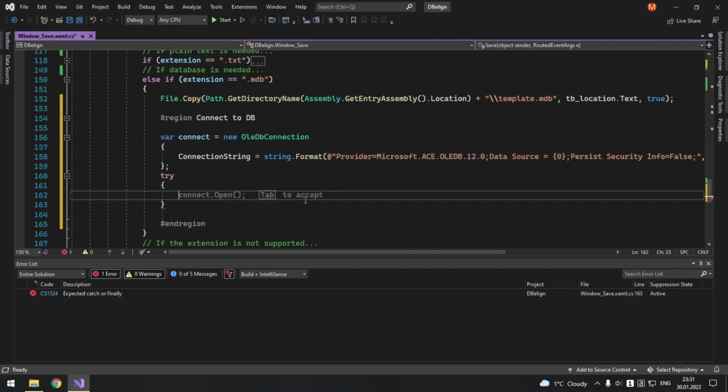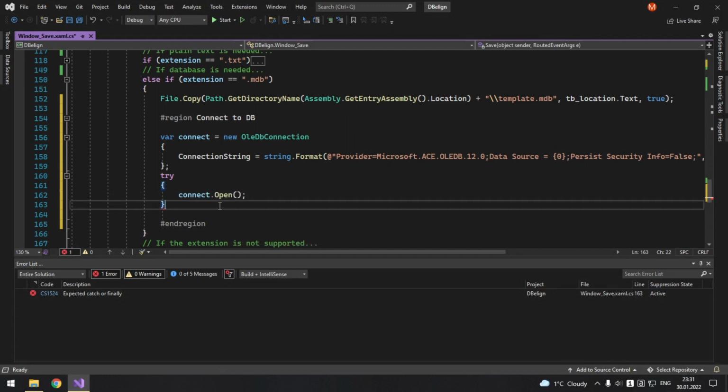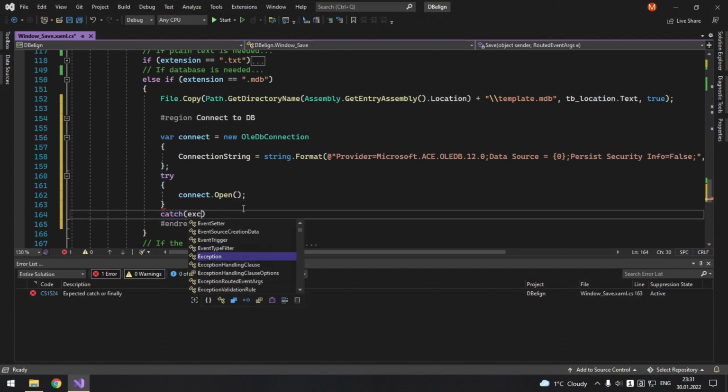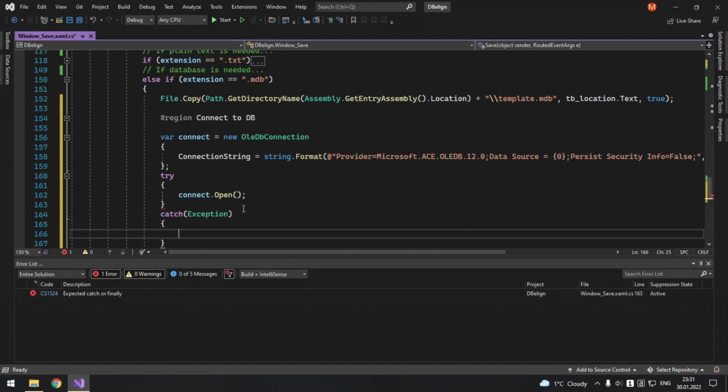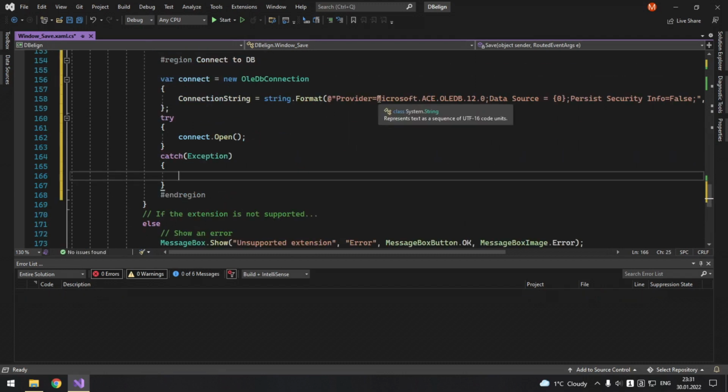So yeah, we need that one, connect.Open. But if it fails to open, so catch Exception, most likely this is because you used a provider that you do not have, or the user does not have it. So we need just to change the connection string to another one.